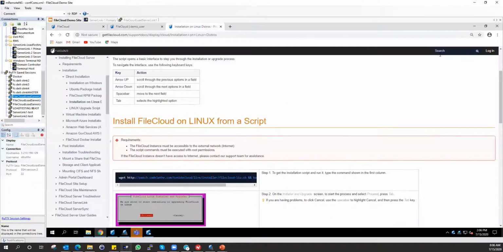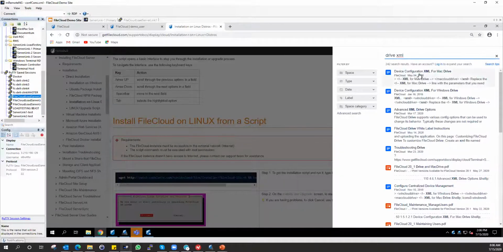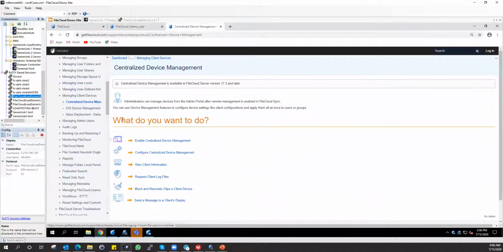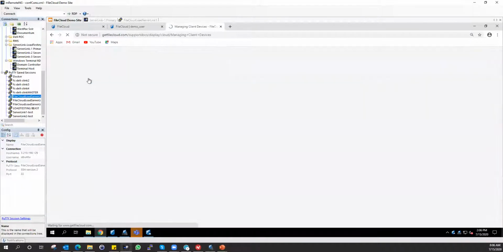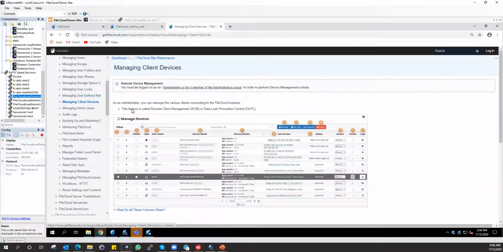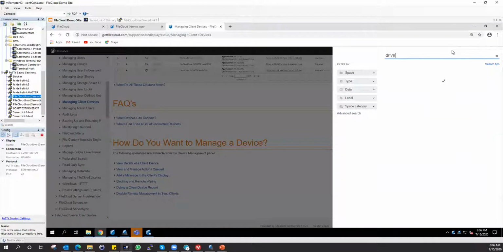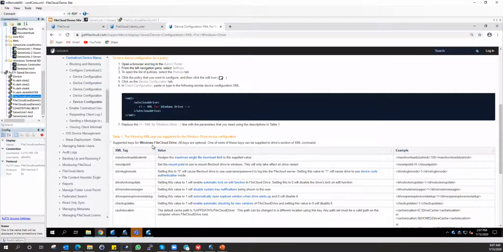And what is centralized device management? So centralized device management pretty much is FileCloud's proprietary system on how you can actually have pre-configured settings for your different capabilities, right? So in this scenario, if we were to manage our devices, you can say, hey, you know what, I want FileCloud Drive to have very specific capabilities, like I just did right now. You can easily program this from the web portal so that when the FileCloud user tries to access through Drive,